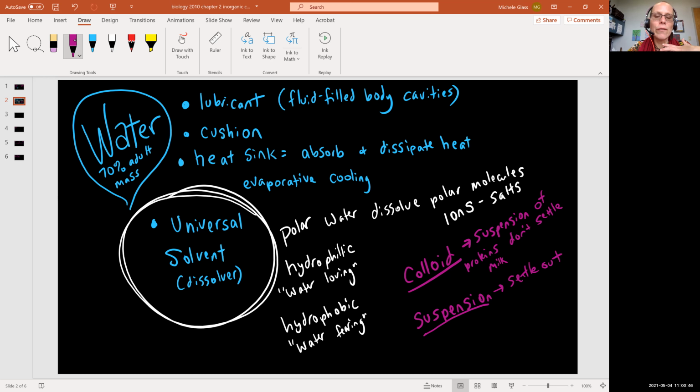So here, if you were to take a mason jar and scoop up some muddy lake water, when you first do that, there's maybe a lot of mud and debris and the water's really cloudy. You let it sit overnight, you take a look at it the next day, and you'll see all of that debris has settled to the bottom of the jar and you have some clear water in your jar. So that would be an example of a suspension, where those things that are not dissolved are suspended but will settle out with time. These terms will be important as we move into future discussions.